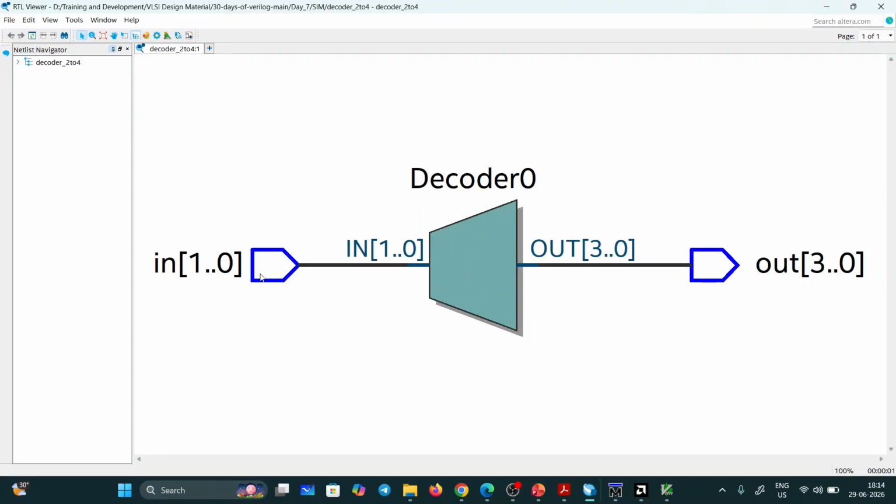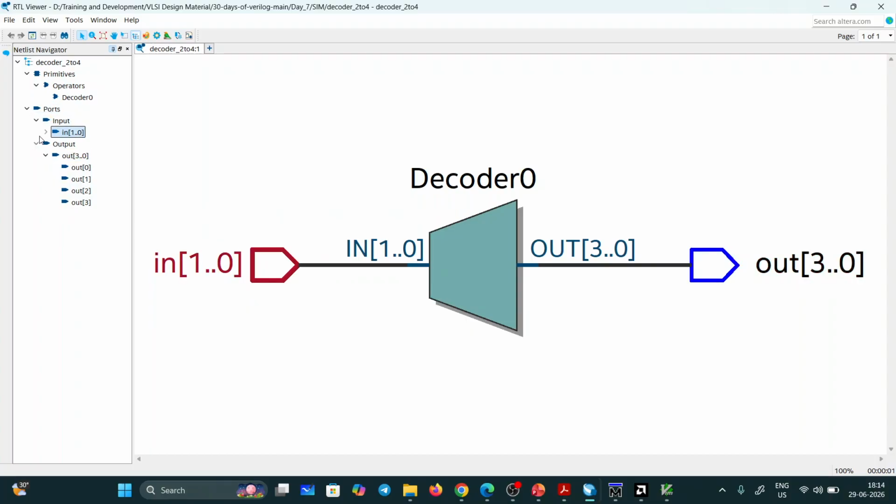So like this, I'm getting this circuit. In the EDA tools, it means in Vivado also we get it like this only. So the tool has converted my RTL code into this circuit. Okay, this is a decoder. These are the inputs and outputs, with vectors. That means four outputs are there,